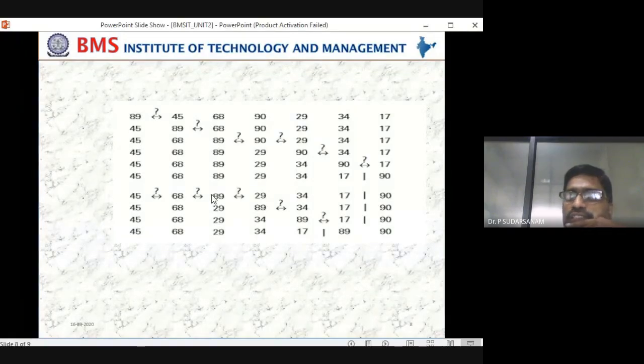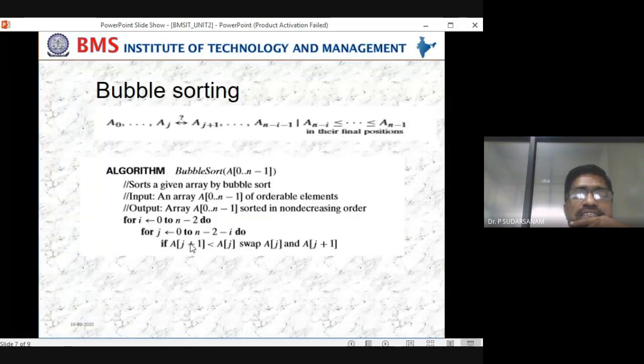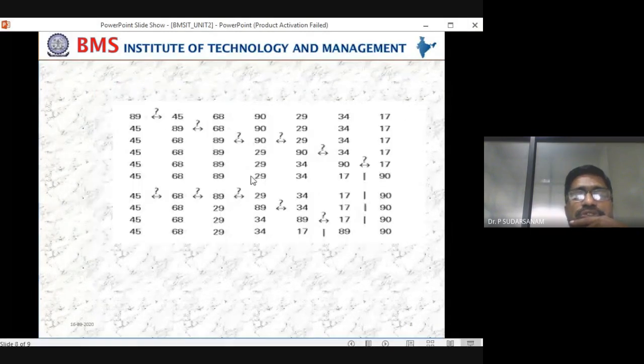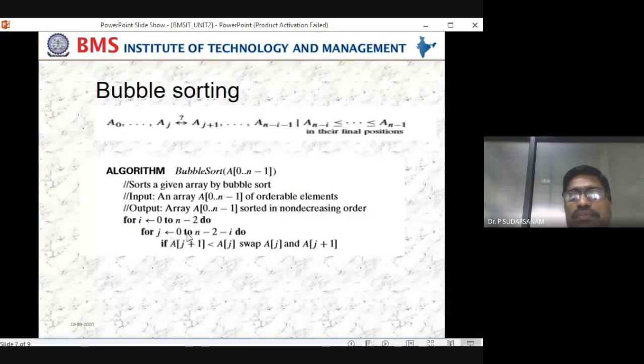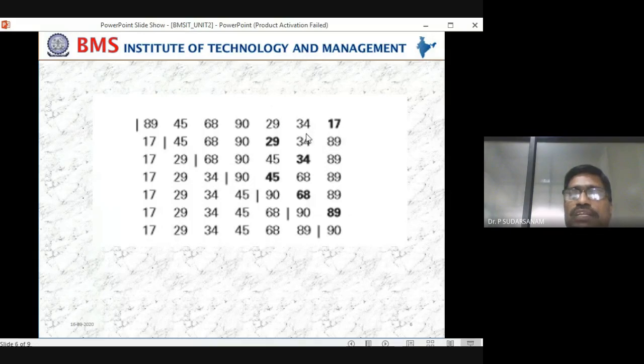Now what I told you is finding the maximum element and placing it into the last location. So here, see a of j plus 1. Now i is equal to 0 to n minus 2. So 0 to, this is n minus 1, n minus 2, here you are stopping. Now the j loop is 0 to n minus 2. In selection sort, j is equal to i plus 1, the next location. But here j is equal to 0 to n minus 2 do. So n minus 1, n minus 2, here only you are stopping. That means at 34 itself you are stopping.